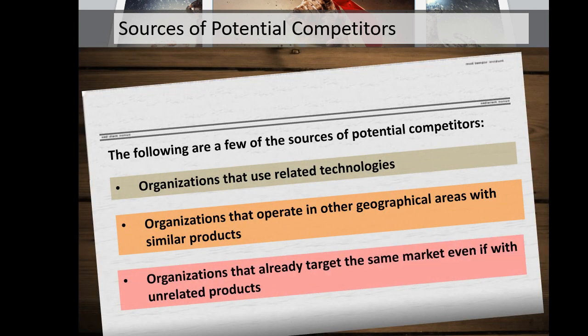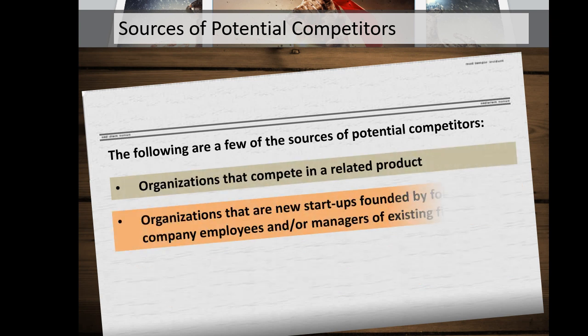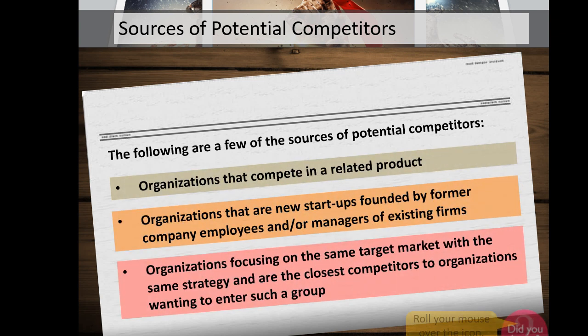All right. Sources of potential competitors. The following are a few sources of potential competitors. Organizations that use related technologies, organizations that operate in the same geographical area with similar products, organizations that already target the same market even with unrelated products, organizations that compete in a related product, organizations that are new startups founded by former company employees or